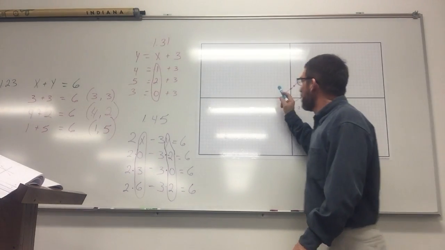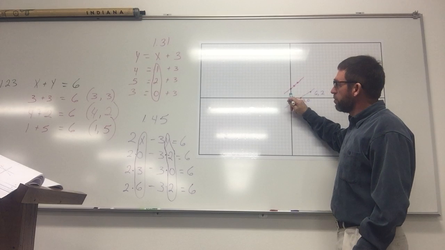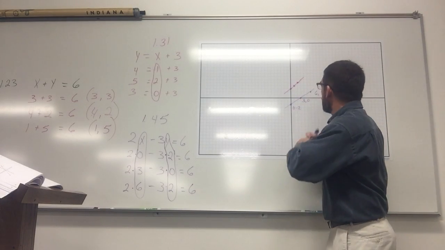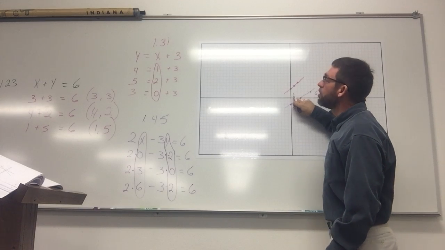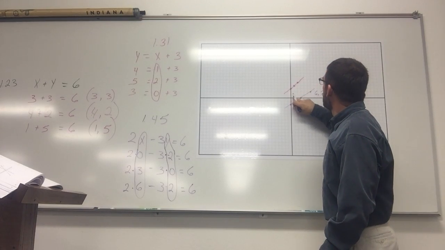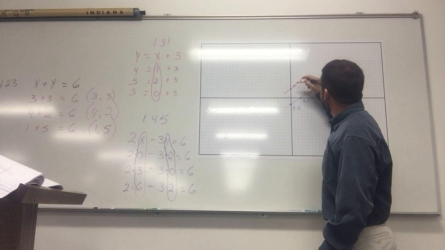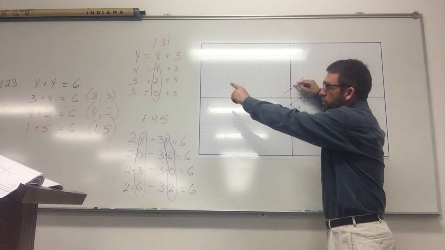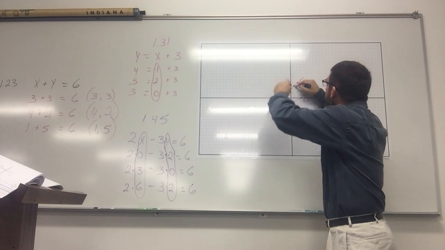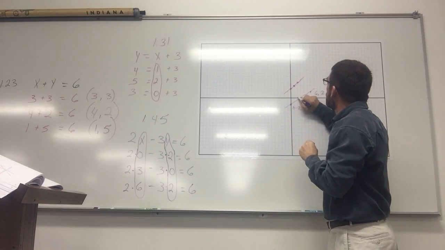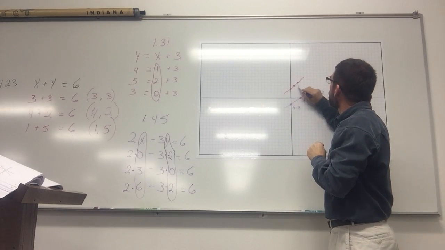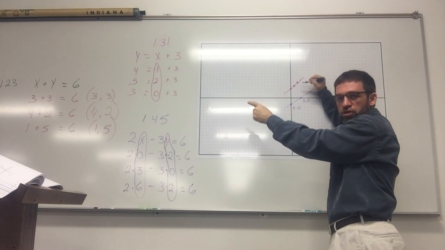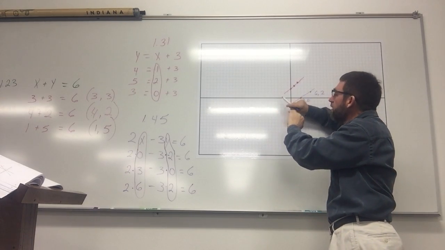So I come over here, and for the first one, I'm going to go on the x-axis over 1. I'll come 1 over, and I'll go up 4. 1, 2, 3, 4. That's going to be actually the center dot there. Now the next one is going to be 2 over, and I go up 5. 1, 2, and I go 1, 2, 3, 4, 5. That's going to be this far dot. And now I did the last one just to check it to make sure that they all lined up, and I went